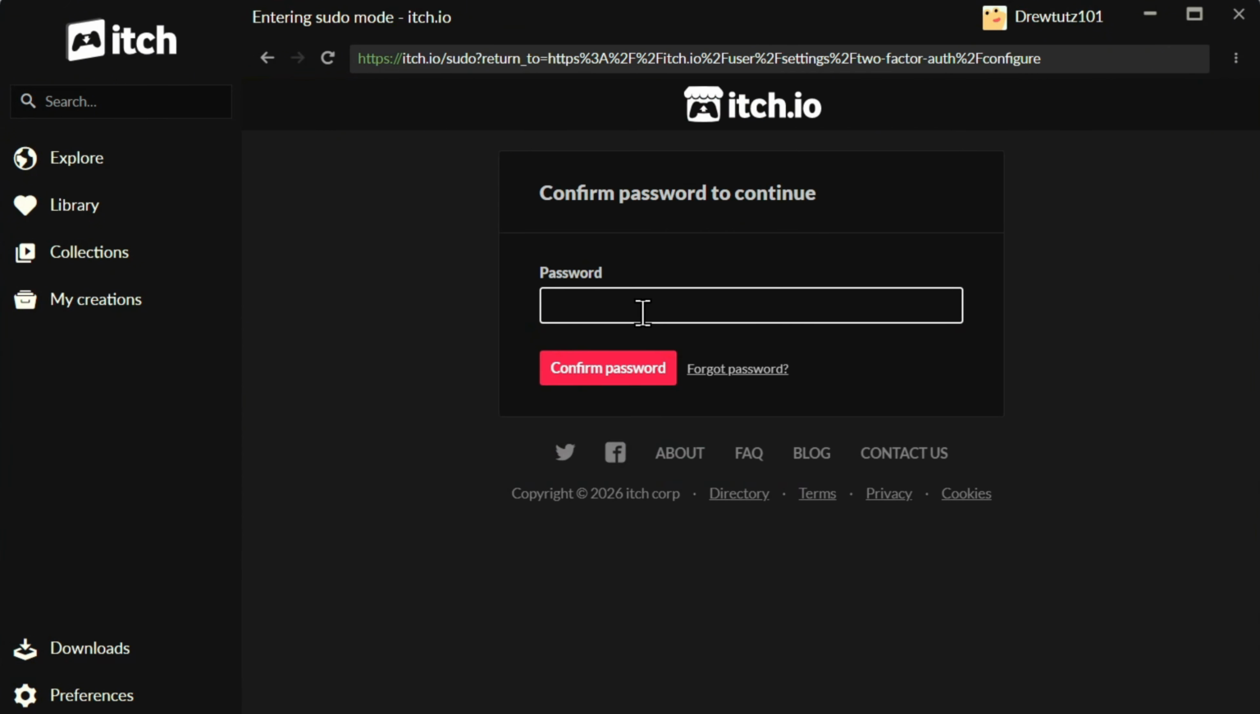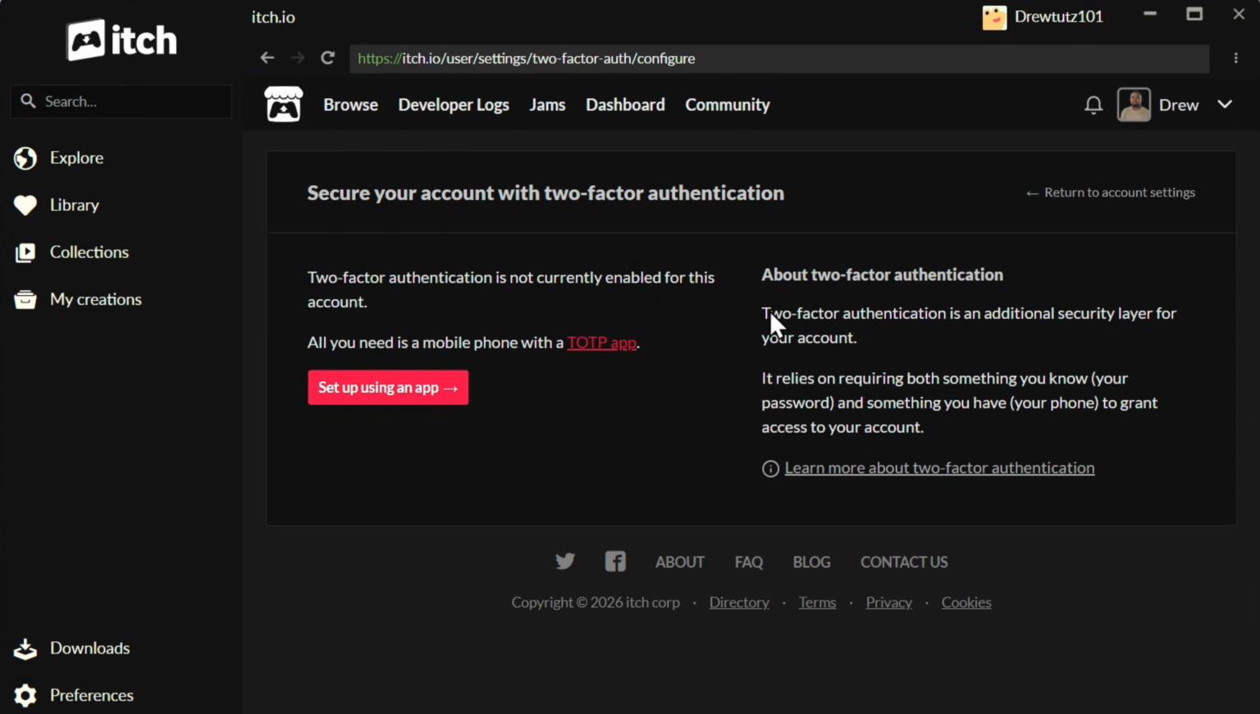You want to enter your current password. So if you know your password, you can go ahead and add that in right here, and then click in confirm password. This will now take you over to where you can easily go ahead and set up the two-factor authentication. Two-factor authentication is currently not enabled, as you can see, and all you need is a mobile with TOTP